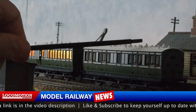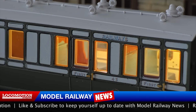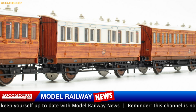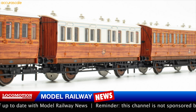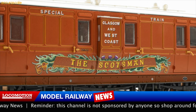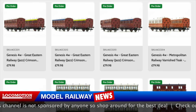It was once seemingly not likely to see the light of day, but a decision has been made to go ahead with an updated range. It features some improvements such as modified lighting, now standard across the range, and comes with a stay alive too, so no flickering in the lights anymore. New to the range this time is a full brake coach with centrally positioned ductlets, and as you can see